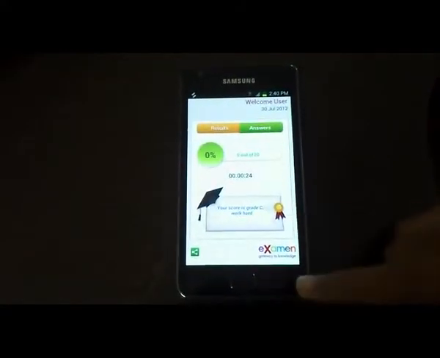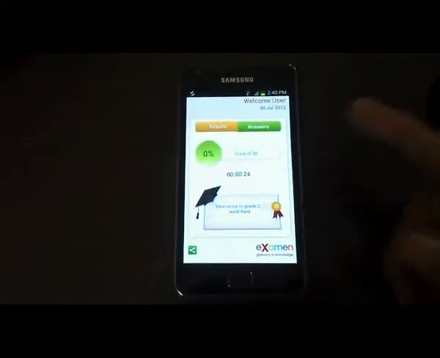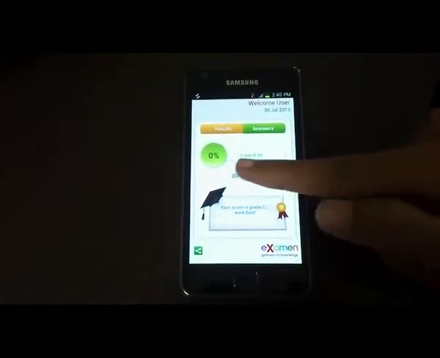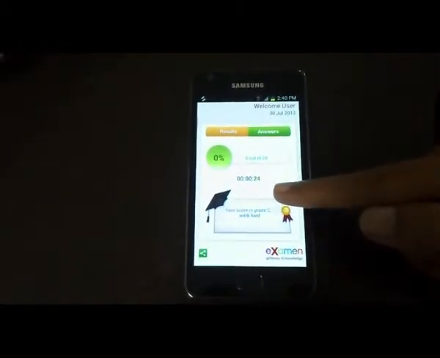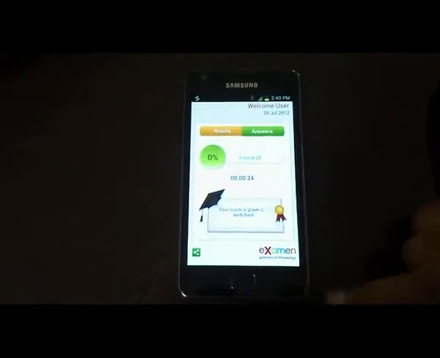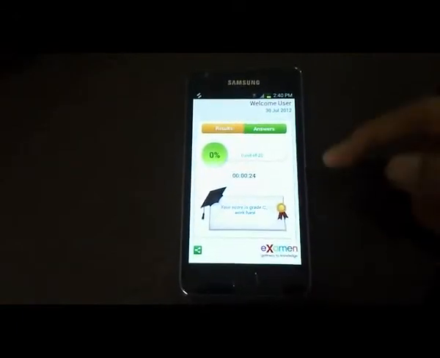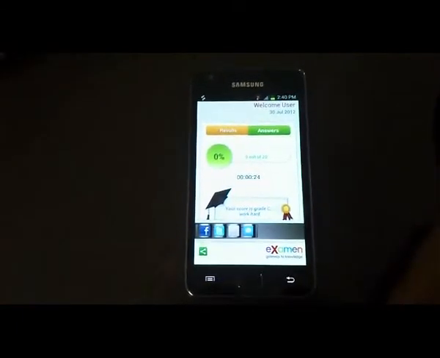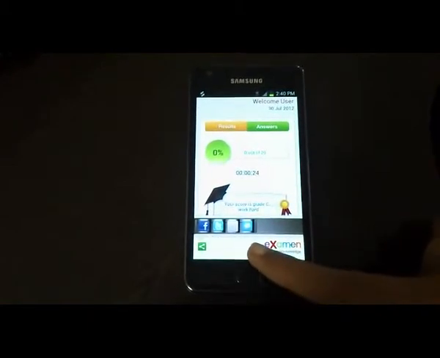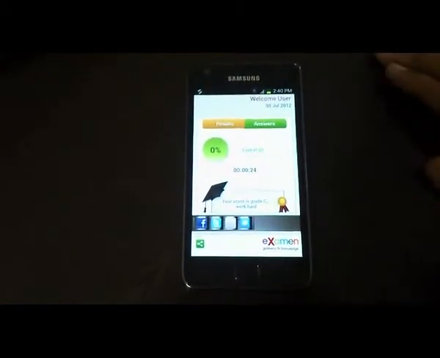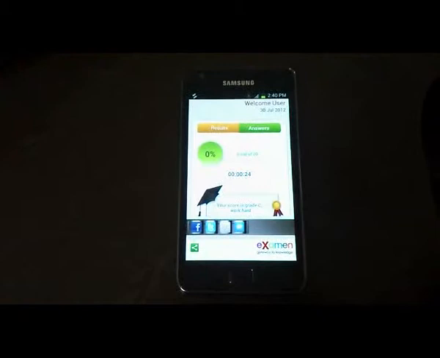Results and answers mode. Results mode has 2 segments called results and answers. The results tab will display the result based on how much the user has scored, along with a beautiful certificate for the user to share with their friends on social networking sites like Facebook and Twitter. The user can revisit each question, the correct answer, and the detailed description of the answer.